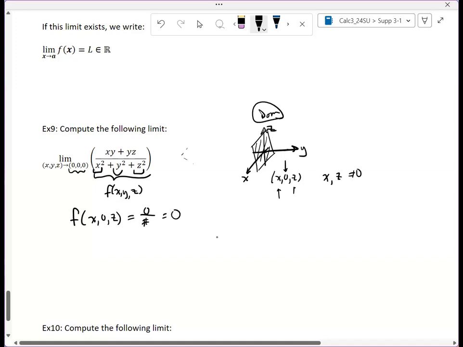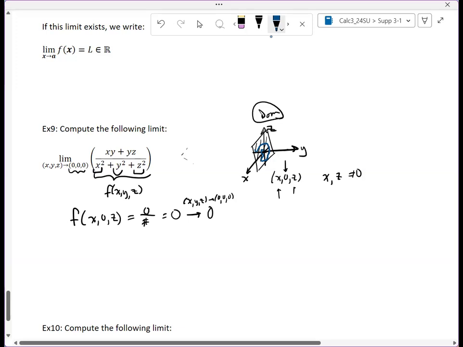So anywhere on this xz plane, if my input lies in this xz plane, then my output is 0. And this, of course, goes to 0 as x, y, z goes to 0, 0, 0. It's just a constant function. So as I pick any